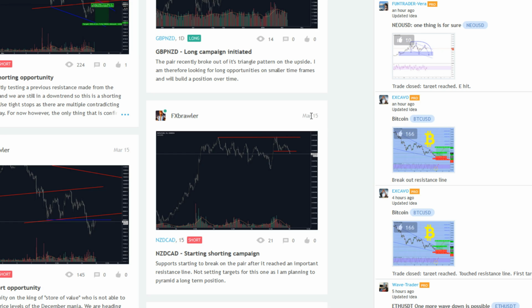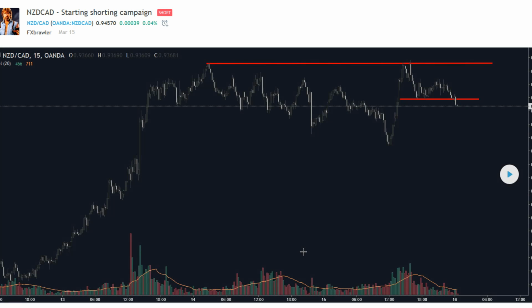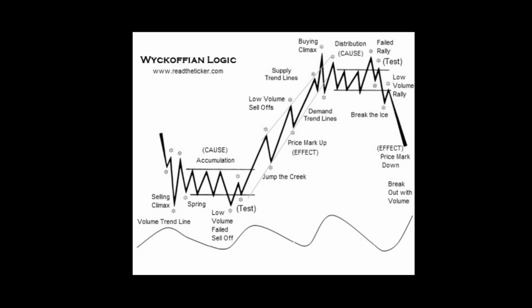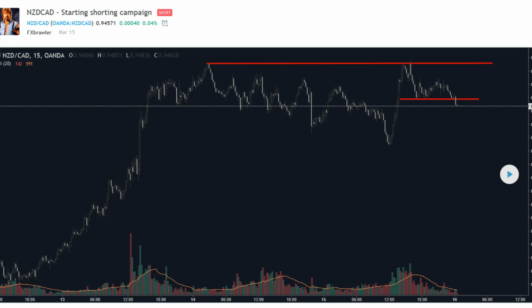Alright, so real life application. This is on March 15th. If you go on my account and you click on it, notice the pattern. Let's look again at this. So you have a very choppy zone, which we can see over here, very, very choppy. And in this case, it was opening up. Basically, it was becoming larger and larger,